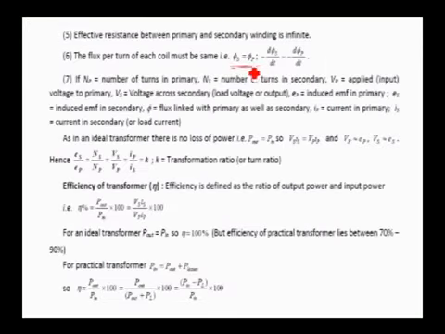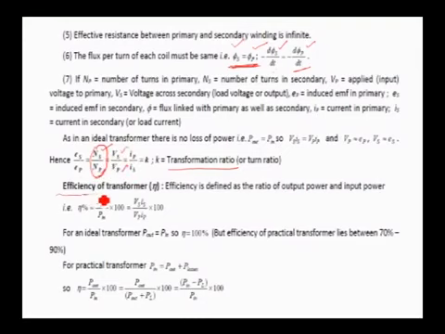And this is flux through secondary and flux through primary. They will be the same normally, d phi s by dt equals d phi p by dt, because whatever flux change you make in the primary, if the winding is done properly, the same amount of flux change happens in the secondary also. Then the rate at which the flux changes in the secondary coil is equal to the rate at which the flux changes in the primary coil. So the induced EMF in the secondary and induced EMF in the primary are given by the ratio of the number of turns in the secondary to the number of turns in the primary. You can even write ES by EP as also VS by VP. This ratio is called the transformation ratio or turns ratio. NS by NP is ES by EP, or NS by NP is VS by VP.